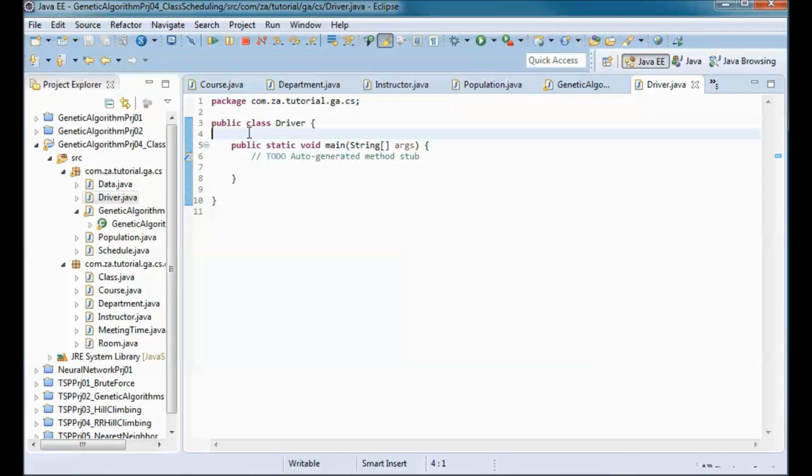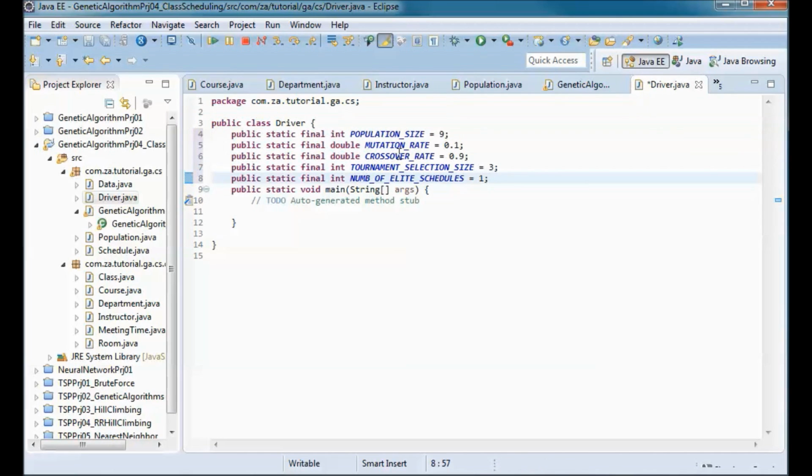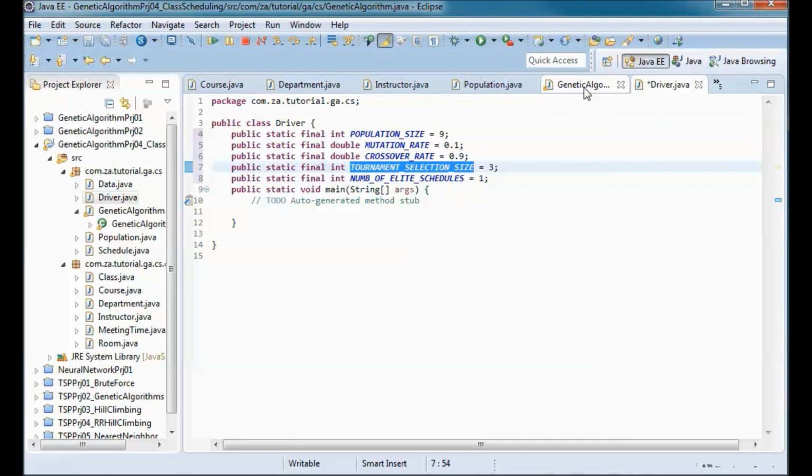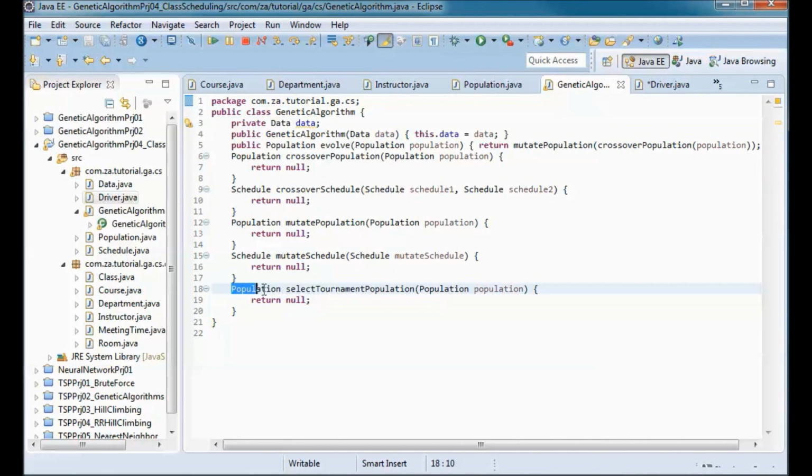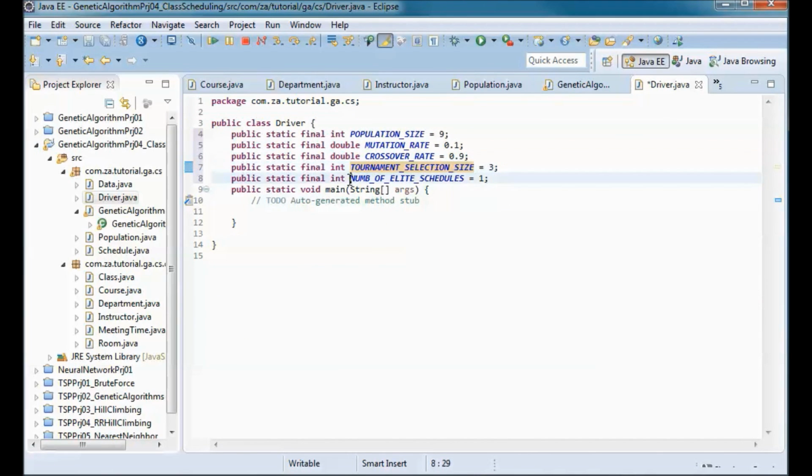And here I want to add those public static final constants. So we have the population size and the mutation rate, crossover rate, and tournament selection size that will be used by this method, selectTournamentPopulation, and the number of elite schedules.